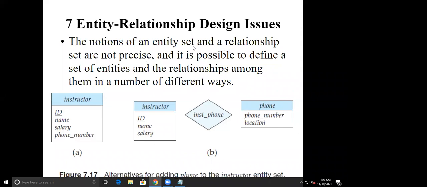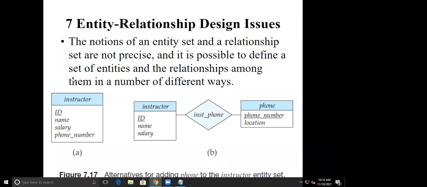The notion of an entity set and a relationship set are not precise. म्हणजे हे आपण ठरवू शकत नाही की फोन नंबर तुम्ही फक्त अट्रिब्यूटच सेव्ह केलं पाहिजे, तुम्ही एंटिटी म्हणून नाही सेव्ह करू शकत, असं आपण फिक्स रूल नाही बनवू शकत.